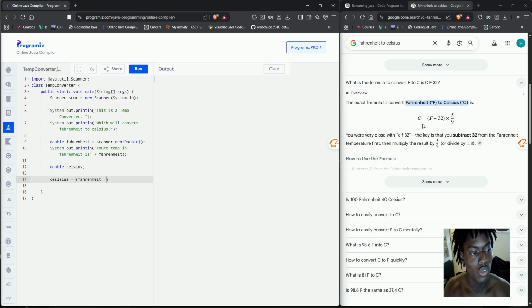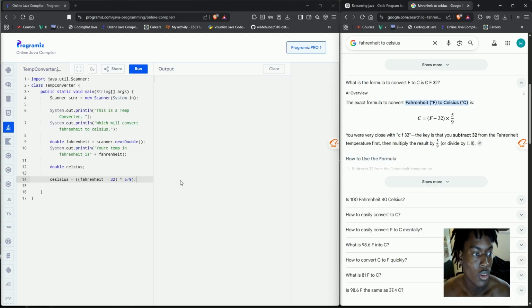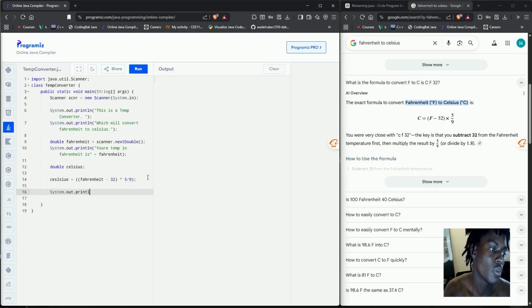Fahrenheit minus 32 times 5/9. Let's do this real quick. We're going to compare it to this right here. Is it the same? Okay, it looks like it's the same, but I guess we don't necessarily need that, but it's okay. Let's print out System.out that, and then here we are: temp in Celsius. This Celsius is